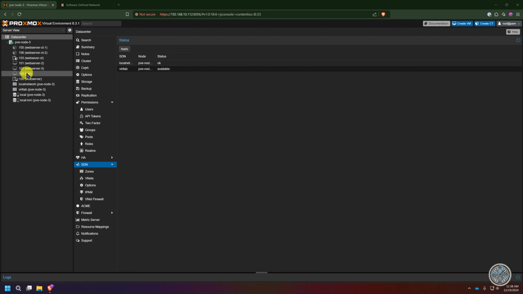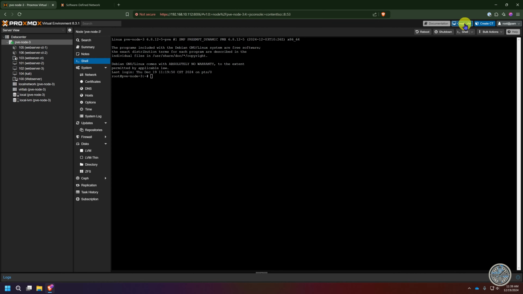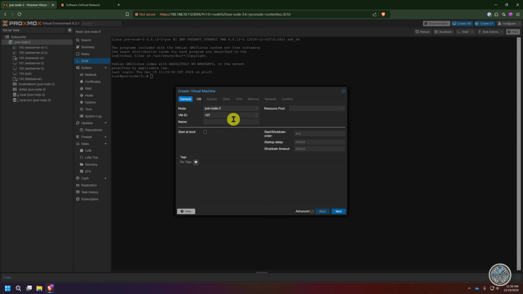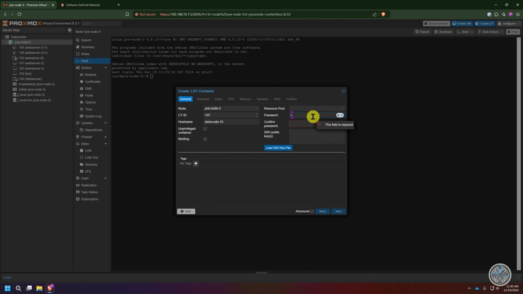And if you look up under your node in the menu, you should see your virtual lab show up as available as well over here. And so now we have officially created a Proxmox SDN virtual network. And so now we can actually add virtual items to this network. So we'll go up here to our node, and I'm going to click create VM, and I'm going to leave the VM ID as default, and I'm going to name this simply demo SDN, and I'm going to name it 10 because I don't want to have a 01 for it,